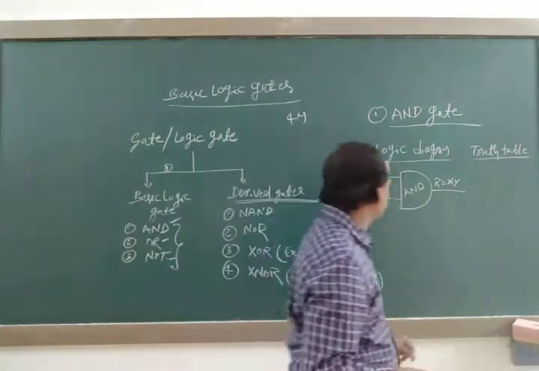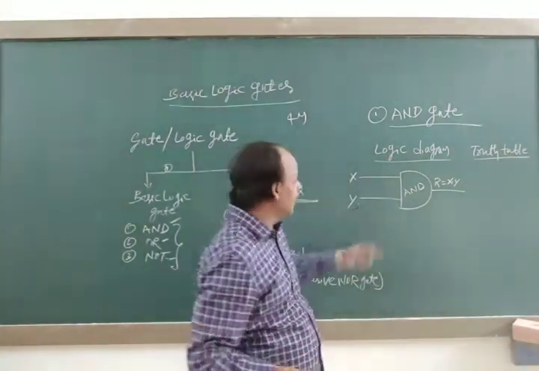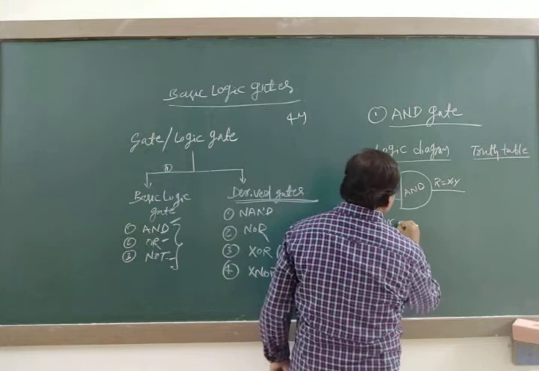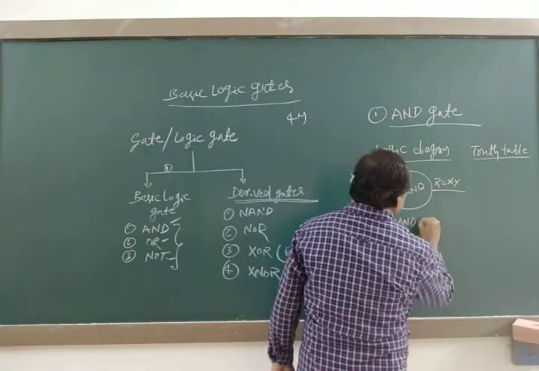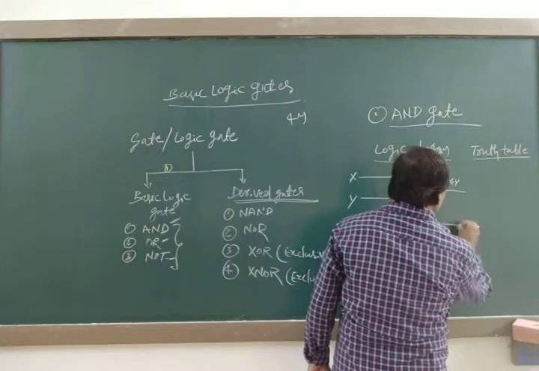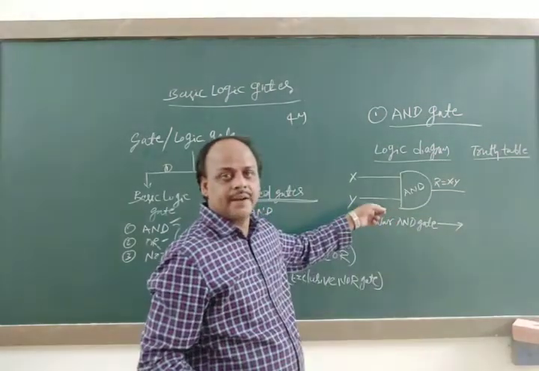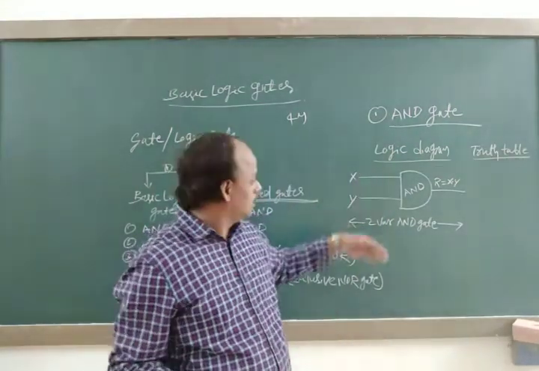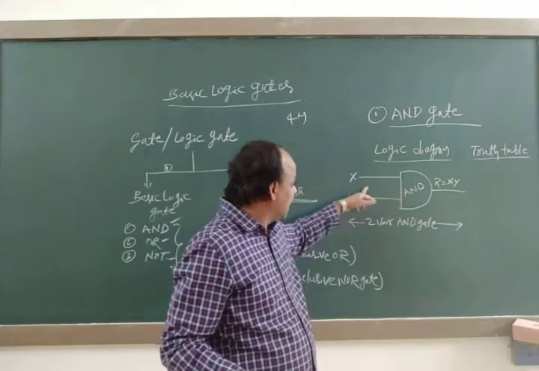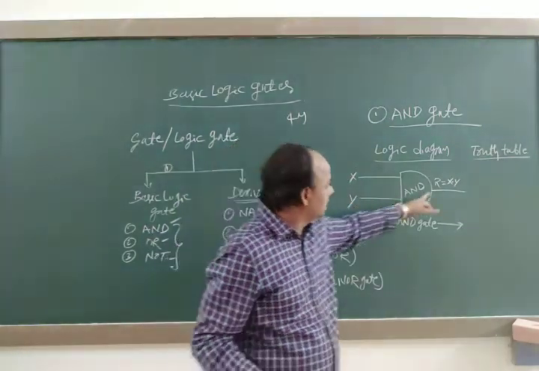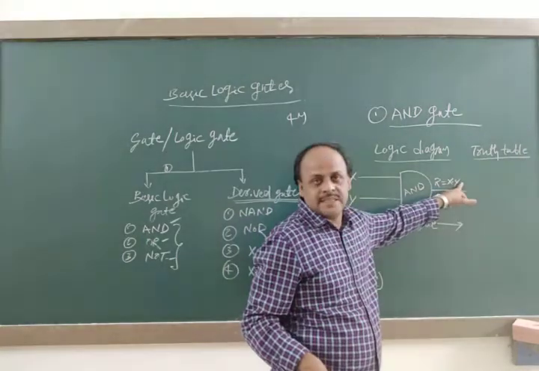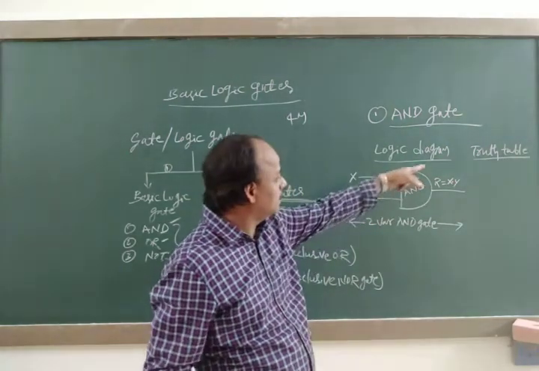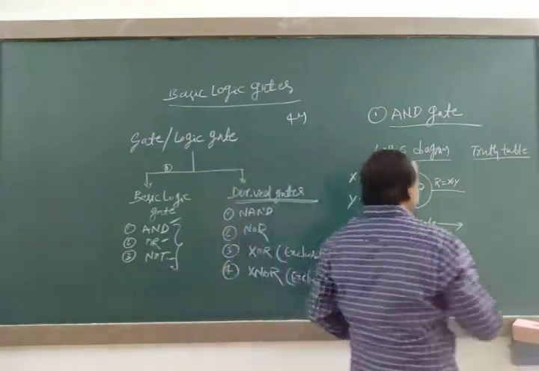See here, this is nothing but a two variable AND gate. We can draw a three variable AND gate, four variable AND gate, and so on. Suppose we are taking another input, x, y, z, the result will be x into y into z. See here, this is a two variable AND gate. That's why the truth table for the two variable AND gate is